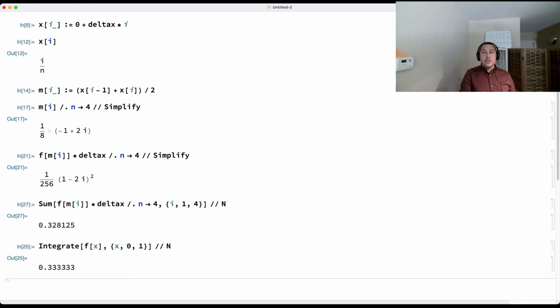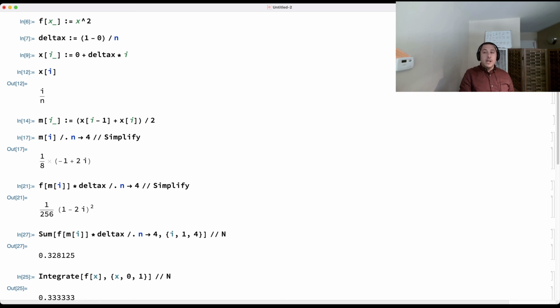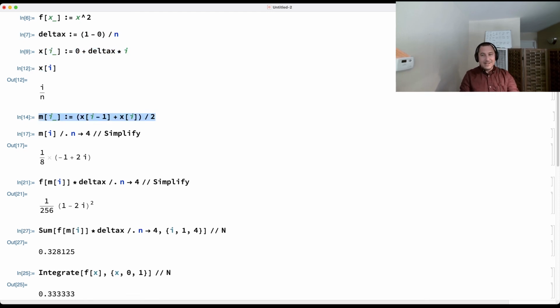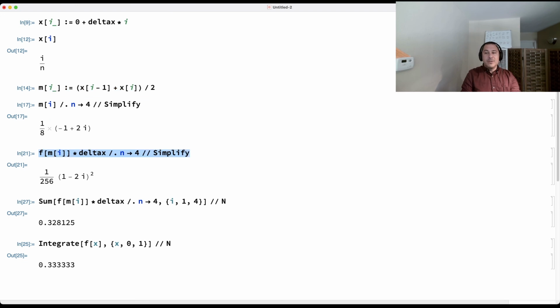Okay, so this is basically how it goes down. If you're going to do the midpoint rule, what are you going to do? You set up your f of x. Set up your delta x. Preferably leave n. Then do your xi. Then set up your mi in terms of xi. Then set up your formula for f of mi times delta x, just make sure that it actually calculates. Then just take that formula, put it into the sum, do slash dot n arrow, whatever, how many n's